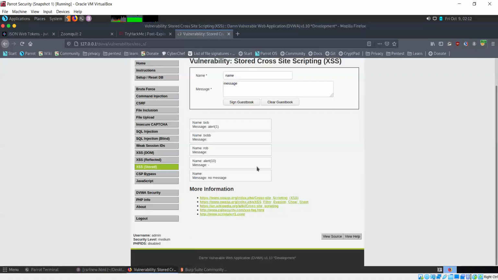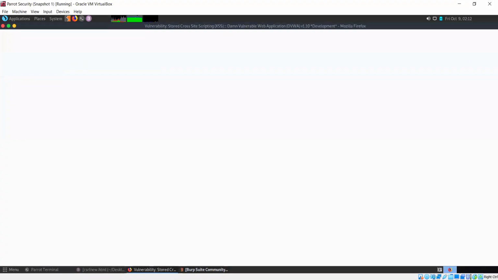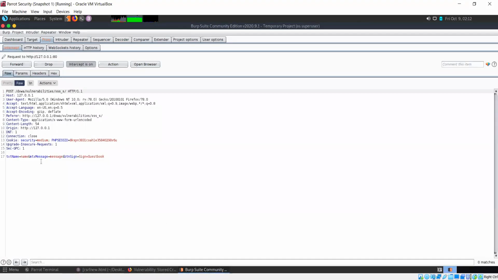Intercept is on. Okay. Sign guest book. We see the request in Burp. Now this is the name and this is the message. So for the name, if I simply change it here, I do the same thing. Script.